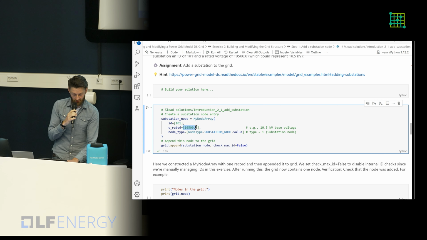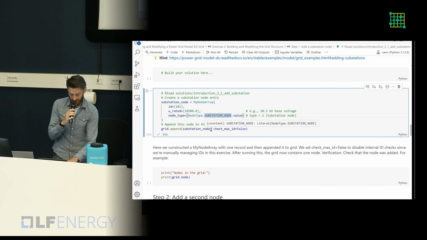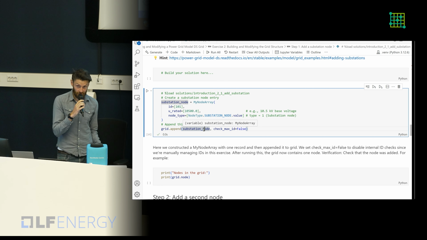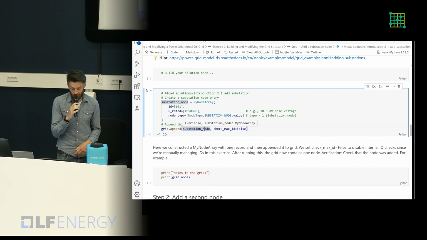You can also put in an array. It works both ways. So we have one record with ID 101. This is the U-rated value, and then it is a node type substation as an enumeration. And we can append it to the grid, and by appending it to the grid, it will be added to the node array.